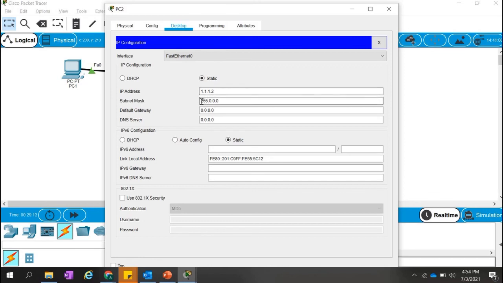If I define the IP 192.168.1.1, what will you see? 255.255.255.0. Exactly. Let me delete it, and now if I click here, you see that it automatically fills in 255.255.255.0. That is how it's happening.